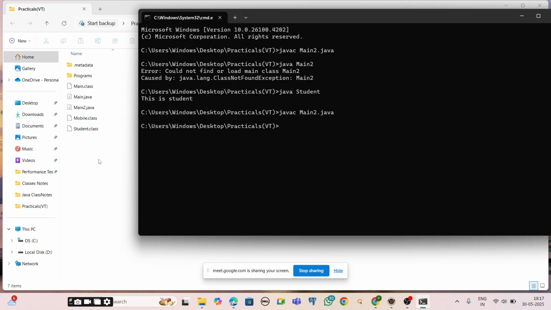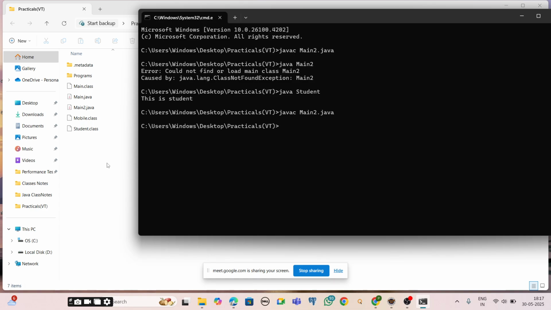So if we have more than one class in one .java file, we will get different dot class files for each and every class, even though we are compiling the entire .java file.